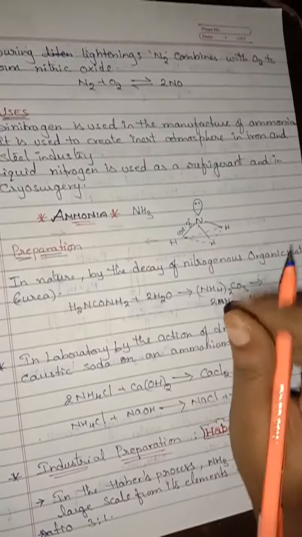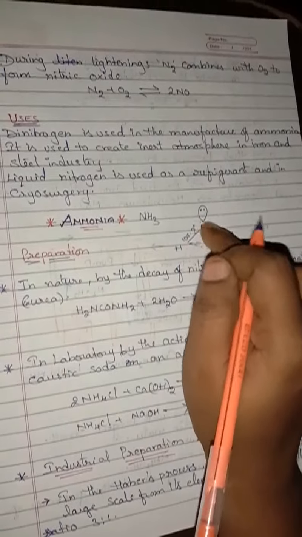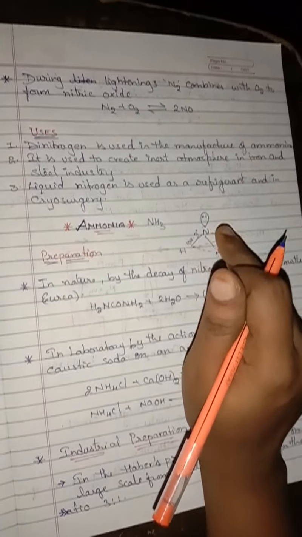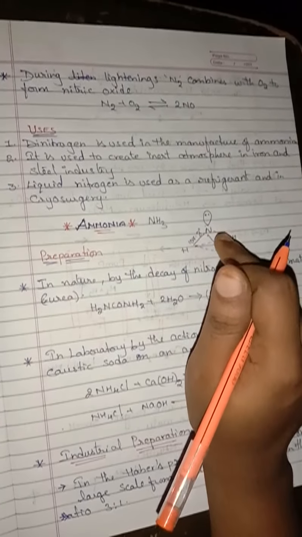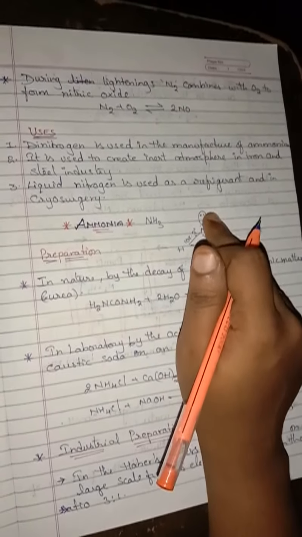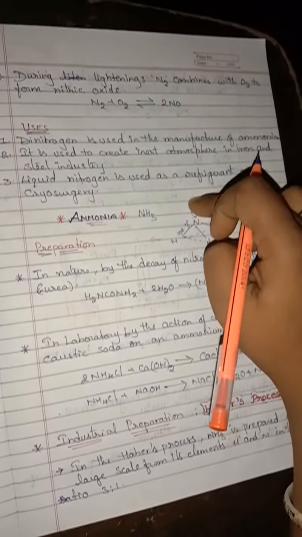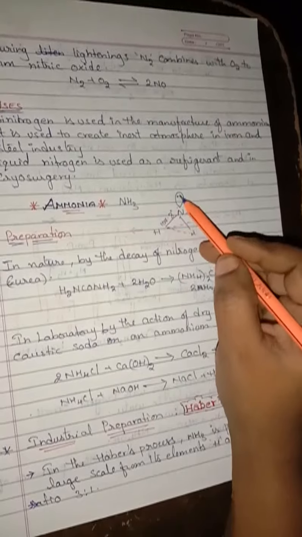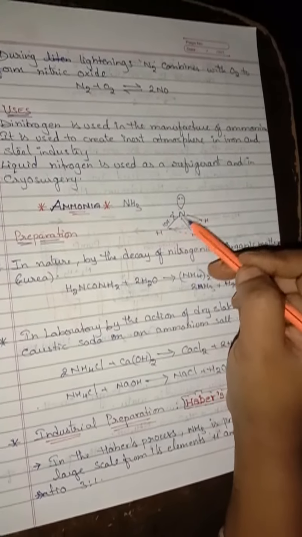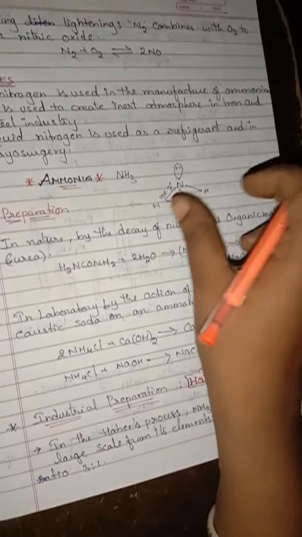So this is the structure of ammonia, where the central atom is nitrogen, which undergoes sp3 hybridization. Understand? Ammonia has 3 bond pairs and 1 lone pair of electrons. The decrease in bond angle is attributed to the presence of the lone pair on the nitrogen atom, which gives a great repulsion between the lone pair and bond pair of electrons. So this is the expected bond angle. Now we are going to move into the preparation of ammonia.